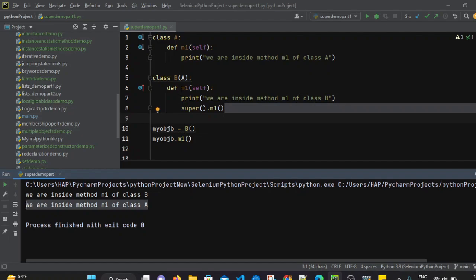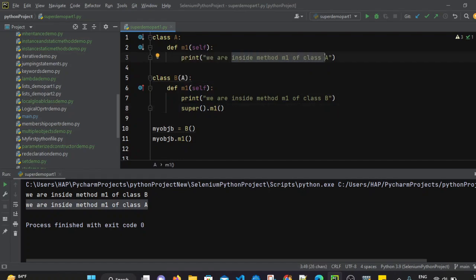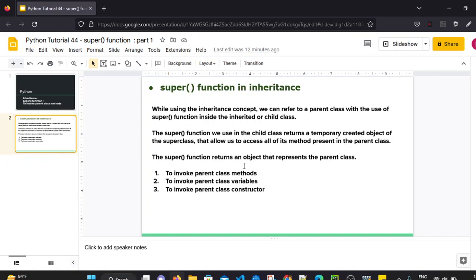Inside the method m1 in the child class, we have used the super function to call the parent class method. We call it by using an object of class B, the child class object. So when we call this, it will invoke m1 first, and then this statement will invoke the parent class method, printing we are inside method m1 of class A.